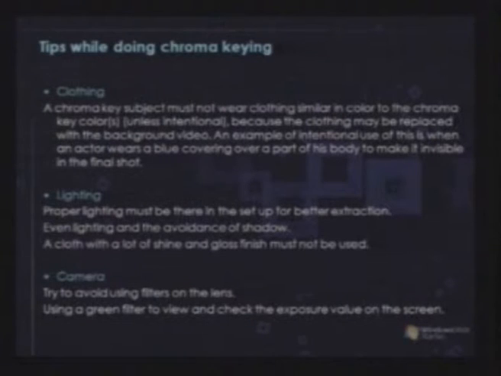Because if I am the VFX supervisor over there and I use the blue screen behind the blue gown, what will happen is that the blue gown will be removed very easily because it will go away with the blue screen. That is why we need to take care. If the actor performing in front of the blue or green screen needs to wear a costume which has either blue or green, and again if you replace that color, we need to take care that none of the elements required in the scene fade off with the replacement. That is very essential, and it is a very extensive use because it is very important and vital.